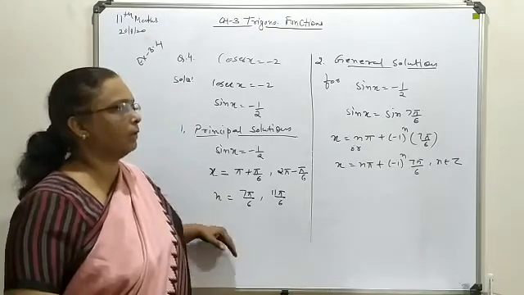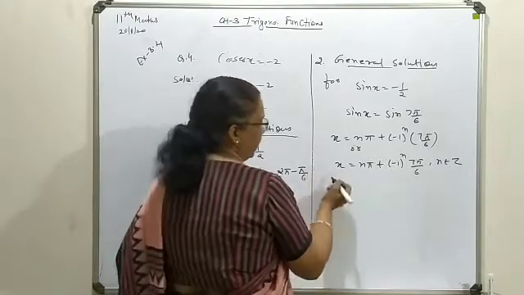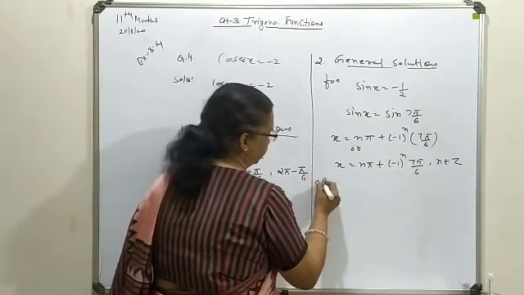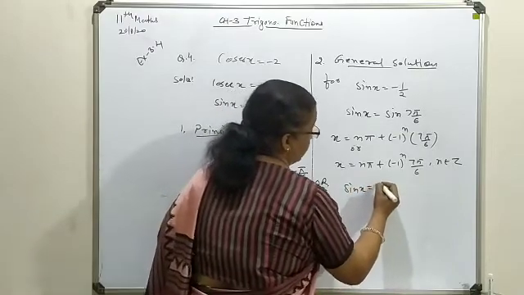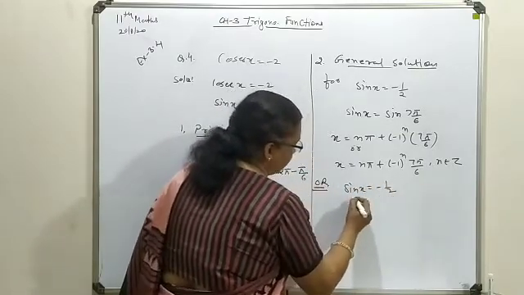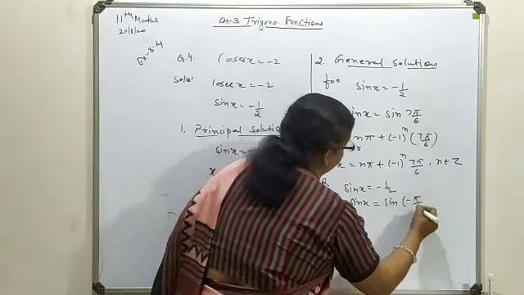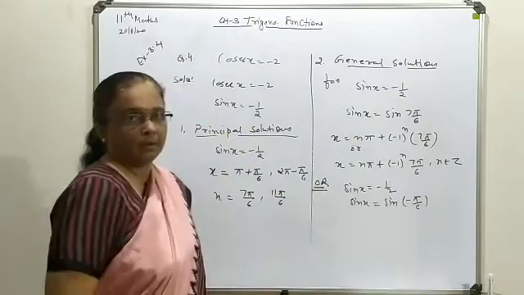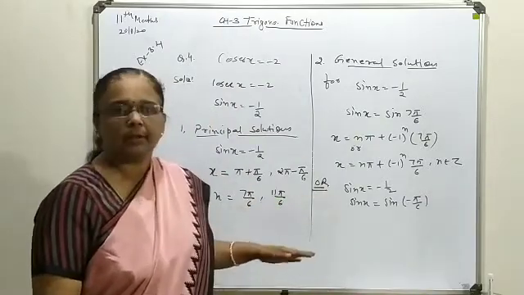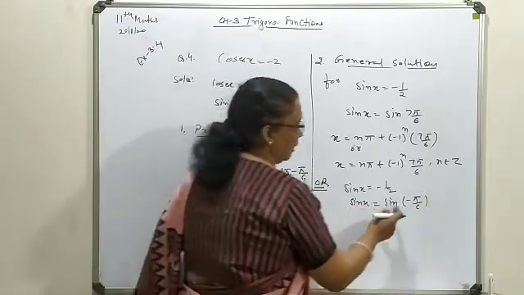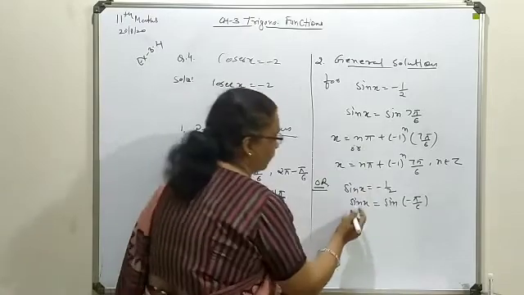One more method you can write here because the negative sign is given. Or another option you can write is sine x is given as minus half. It can be expressed as sine minus pi by 6 even. Sine minus theta we know is minus sine theta. So it will turn to a negative solution. So now in place of y this is to be put. This is also correct. This way also it will be considered correct.